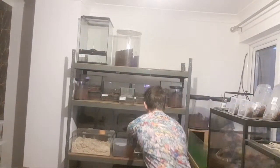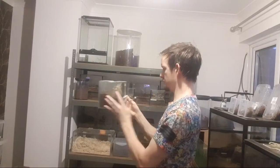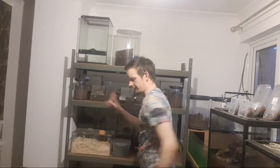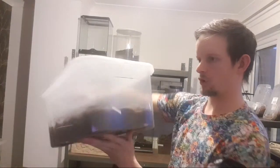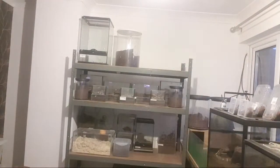There's this one. This is my Pterinopus, which is good. I didn't take my OBT with me. I did some rehousings recently. I've still got some more to do as well. So we have here some cockroaches. These are death's head. Of course, in here,